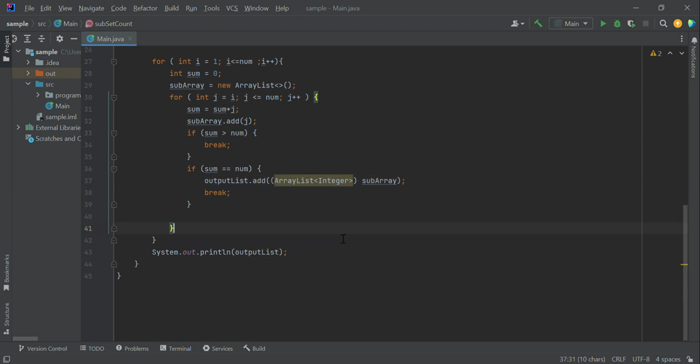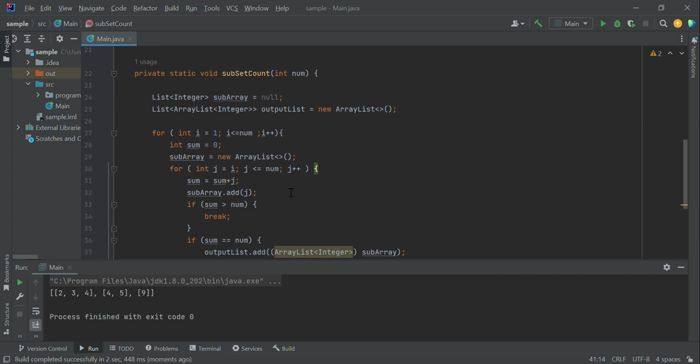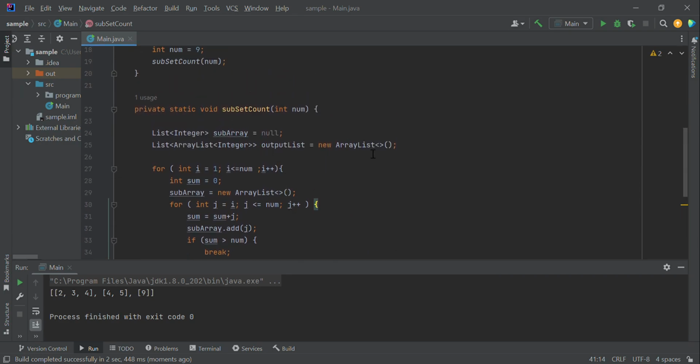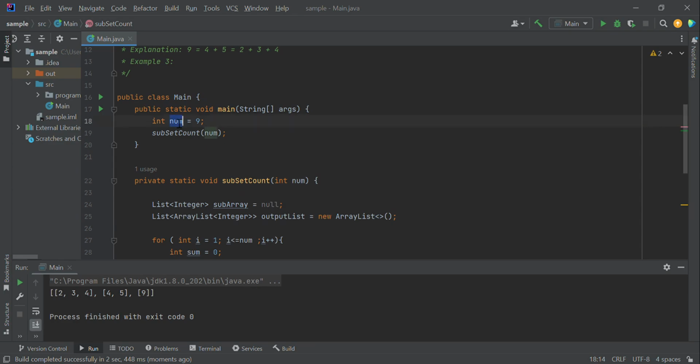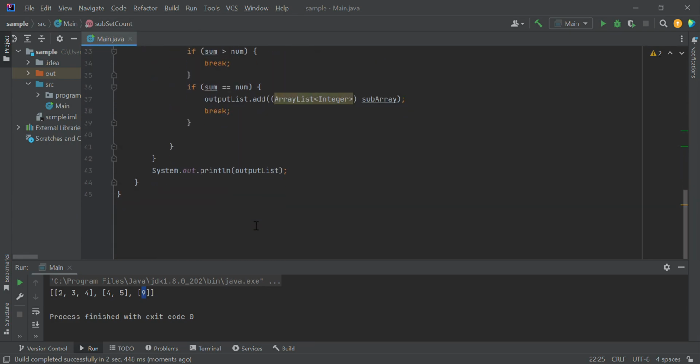Okay, let me run this program. Everything is good, I think. What we passed here was 9, right? Yeah, 2 comma 3, 5, 5 plus 4, 9. Yes, it's correct. It appears consecutively in that array, there is no breakage. 4 and 5 and 9. Yeah, it's great. So we can print the count of the number